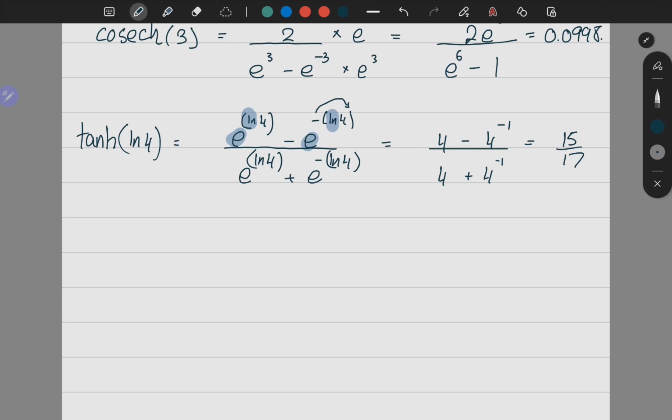Now this is just a bit of extra detail. You don't really need to be able to do this. I mean, you should be able to, but you don't need to do this. All right, so